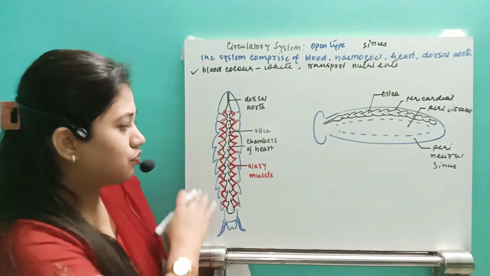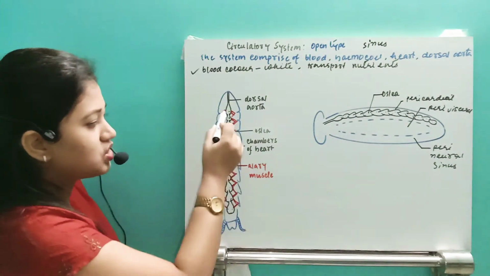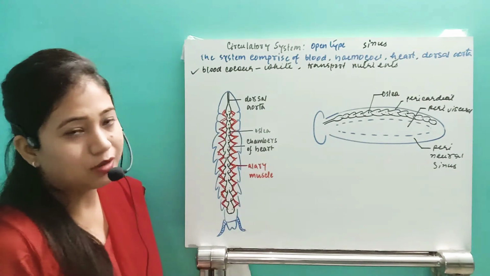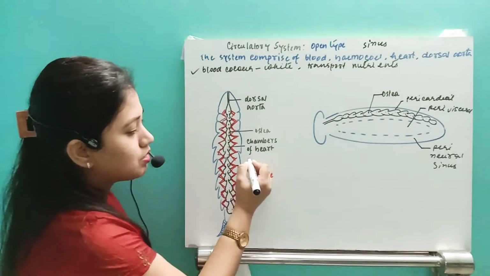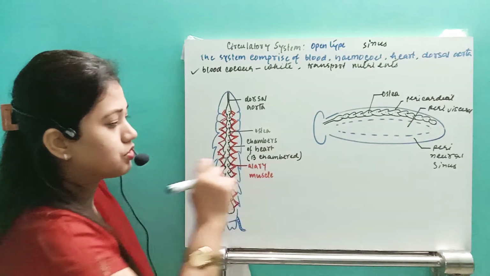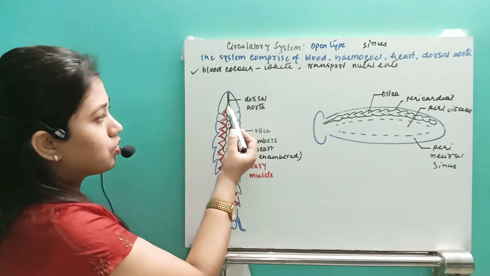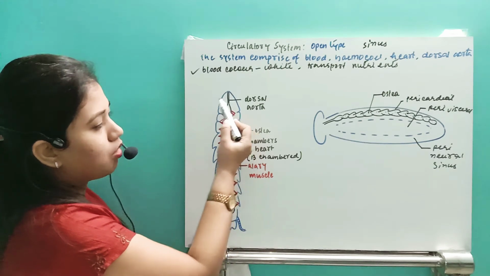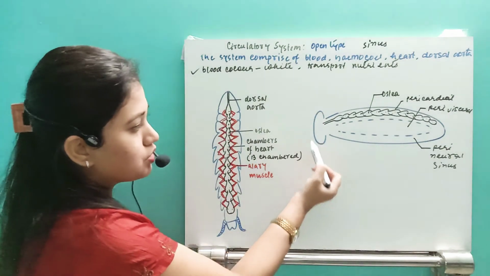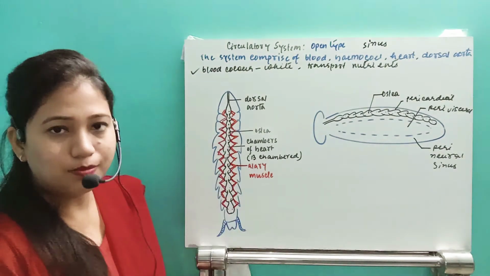Now if you see what their system comprises of, this organism is going to have a 13 chambered heart. Okay, pear-shaped structures are there and 13 chambers of heart present. So remember how many chambers are present? 13 chambered heart. Okay, so remember that this is one very important thing. Next, from the heart towards the dorsal side, they are going to have one aorta, called the dorsal aorta, which will help in the transport of the nutrients to the head region. So the dorsal aorta will transport the blood to the head sinus.